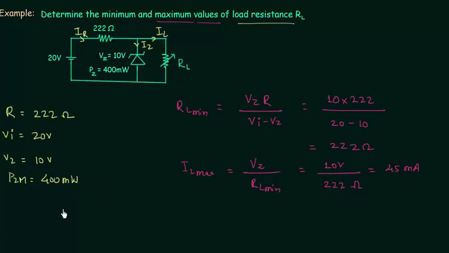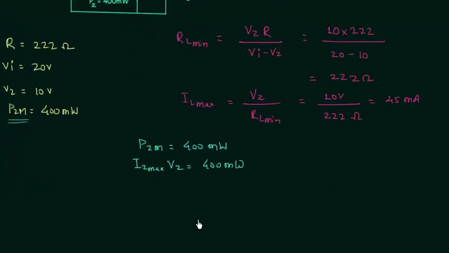In order to calculate the maximum value of load resistance, I will use the value of PZM. PZM is equal to 400 milliwatts. PZM is equal to Iz maximum multiplied by Vz, and it is equal to 400 milliwatts. Vz is equal to 10 volts, so Iz max is simply equal to 40 milliamps. This is the value for maximum Zener current, and I will use this value to obtain